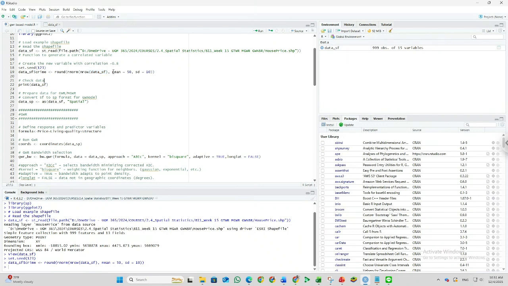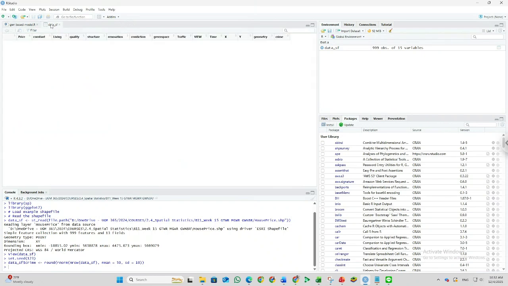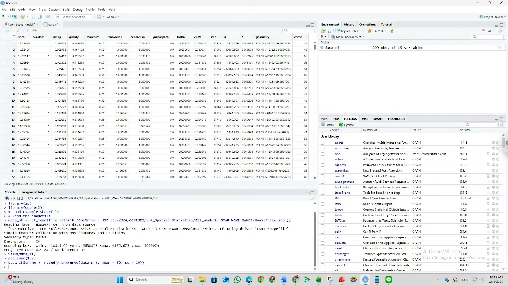Because we set the normal distribution, we need to set the mean of the data and also the standard deviation. After we add the crime into our data using the normal distribution and set the average and standard deviation, we can check in our data set. This is the new variable. We have the crime in our data, and this is also the new variable.